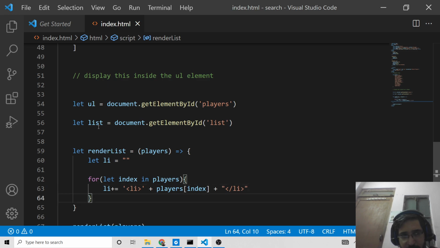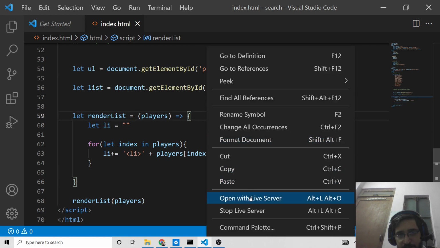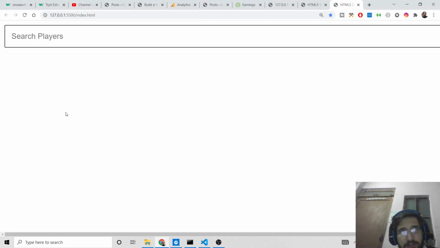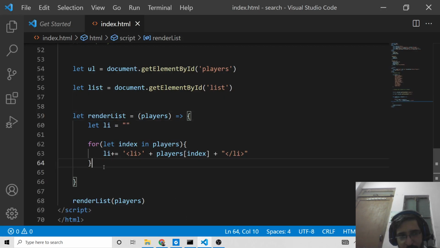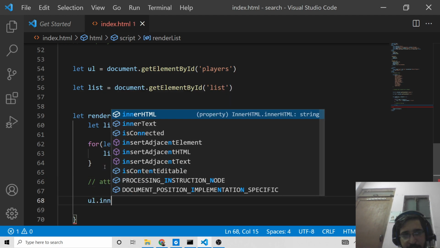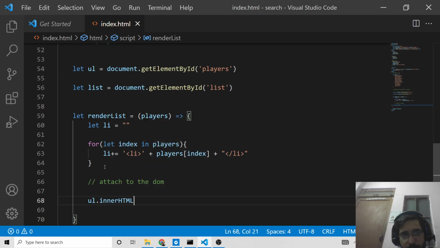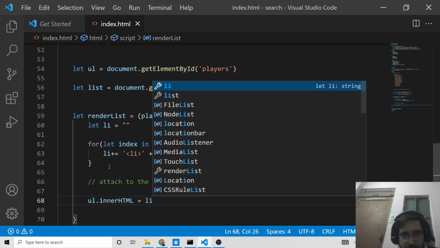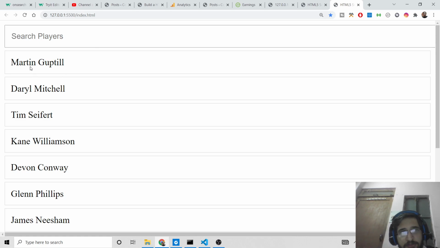That's it. After doing that, we need to attach to the DOM as well. So basically, if I just open this, nothing will be there. So we need to attach to the DOM as well. This line is very much important. Attach to the DOM. So this will be ul dot innerHTML, and this will be equal to li. That's it. So basically, if I refresh it, you will see all the players will be listed out here, and